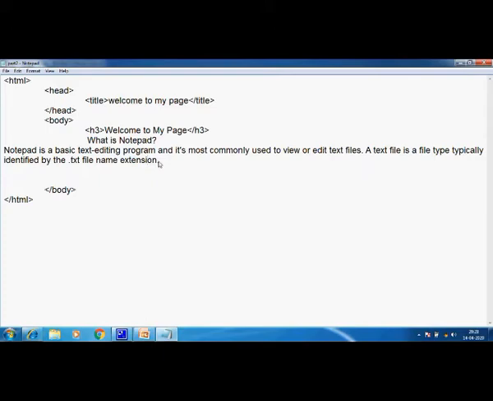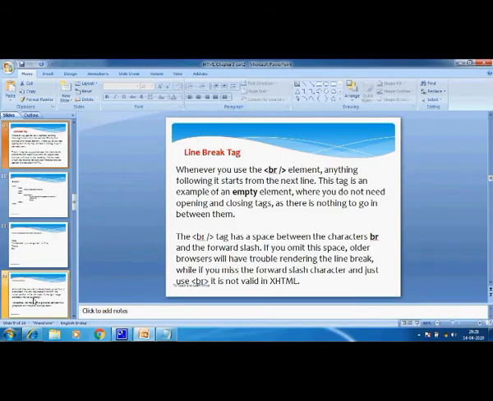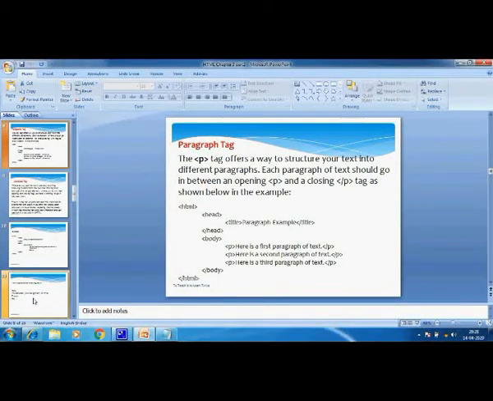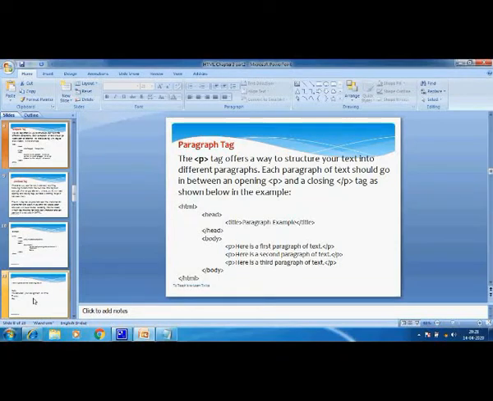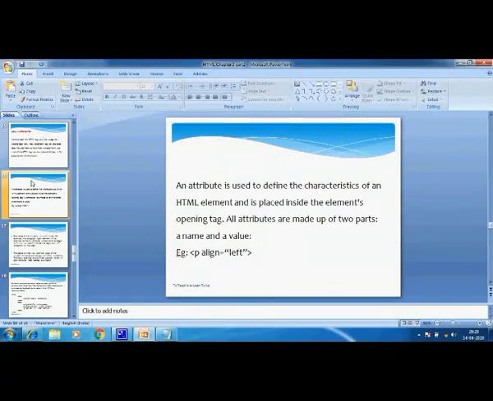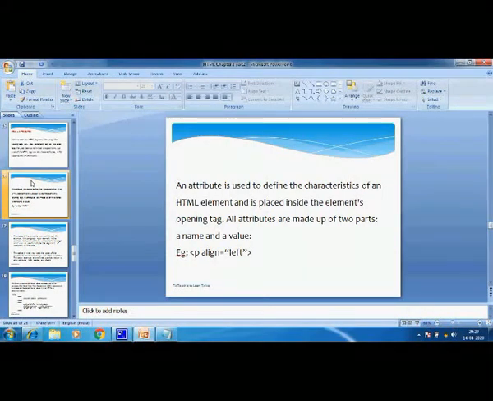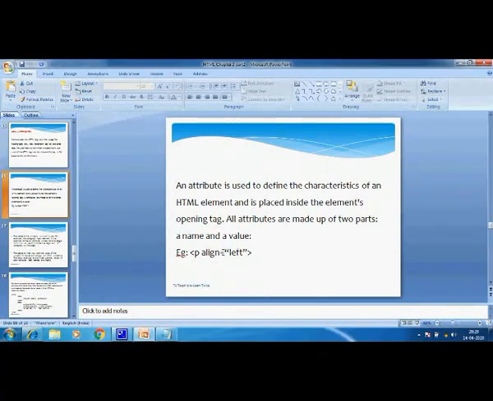Okay, fine. Now children, in today's lesson, you will be seeing the attributes of the tag. Now children, what is an attribute? So attributes are, you can say, the characteristics of the tags. A tag will have an attribute. An attribute is divided into two parts, that is name and value. Name is this align one, and the value is left. Okay children, fine.